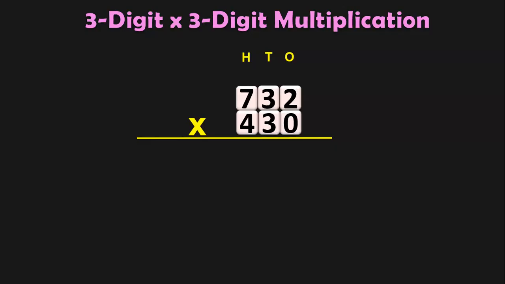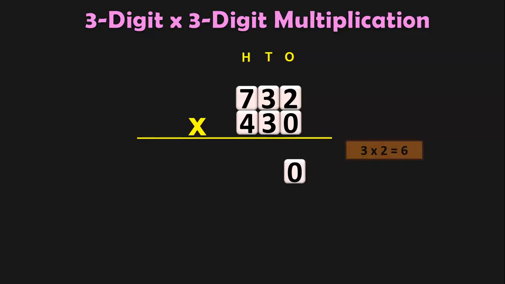732 by 430. Whenever you have a 0 in the multiplier, you can skip that step of multiplication totally. In this case, it is in the ones place. So the ones place multiplication can be totally skipped and you move on to the tens place. What is it that you have to do? 732 by 30. Before that, you'll have to add a 0 in the ones place and now begin multiplication by